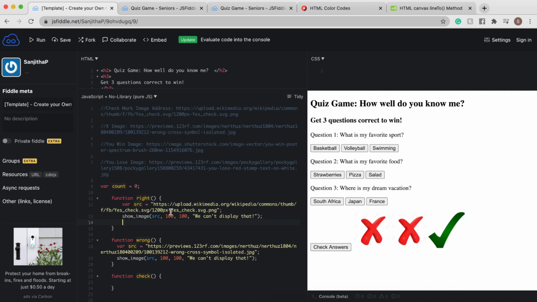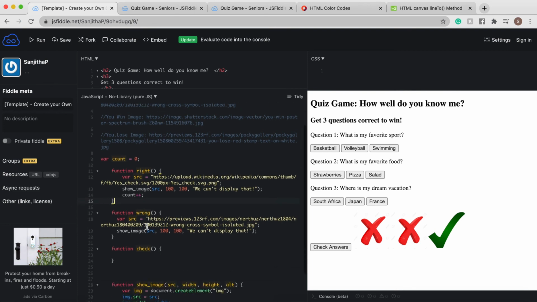So to do that, I'm going to say count plus plus. This just says whatever value that count currently holds, if it holds the value of 63, after count plus plus the value of count is equal to 64. It's just saying increase whatever value that count holds by 1. Because then we know if the user clicked the correct button 3 times, that means they got all 3 questions correct. If count is only equal to 2, if this function only runs 2 times, we know they didn't get all 3 of them correct. So all we have to do inside of our check function is